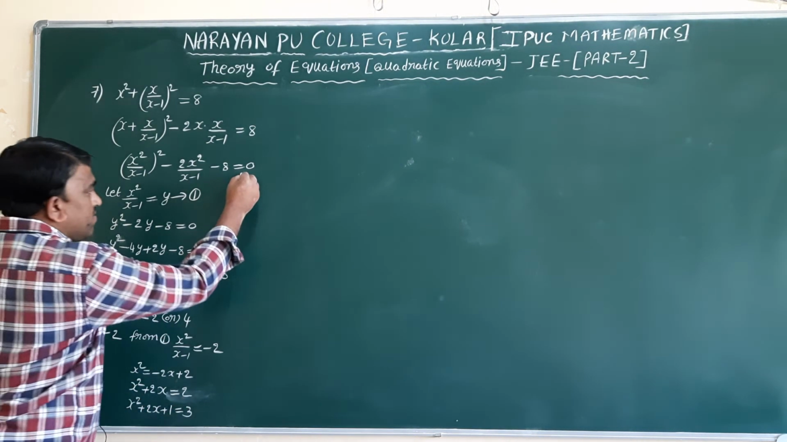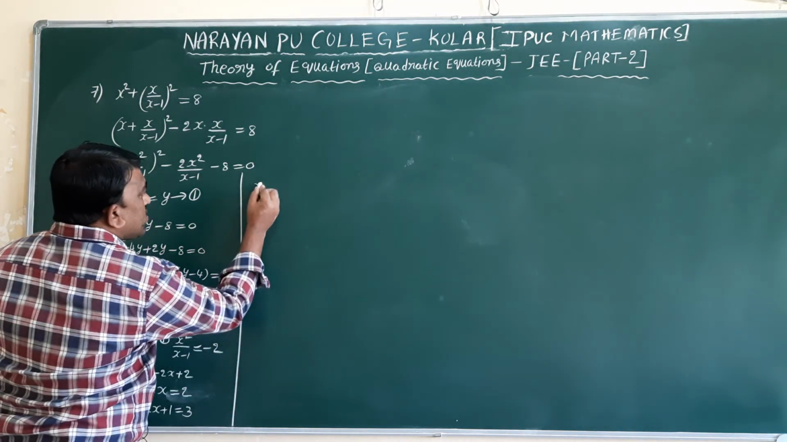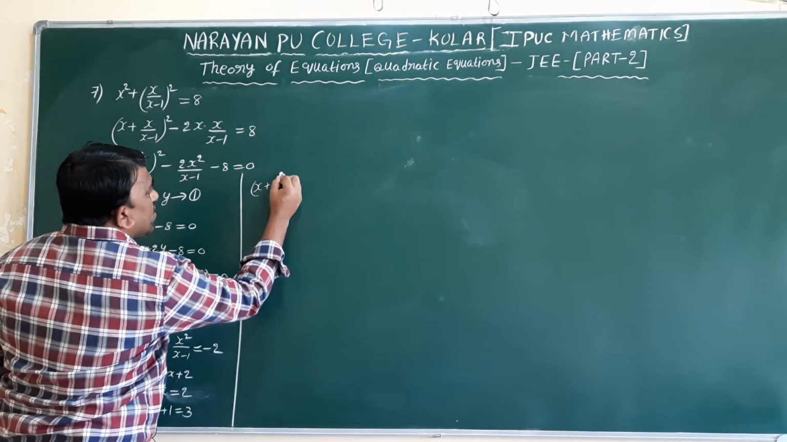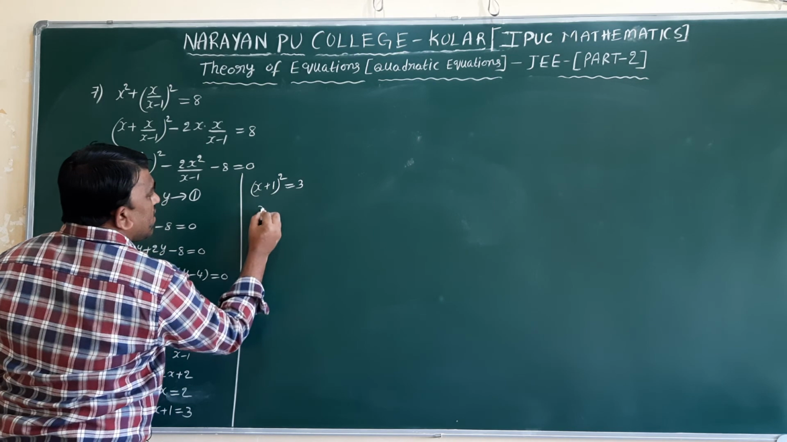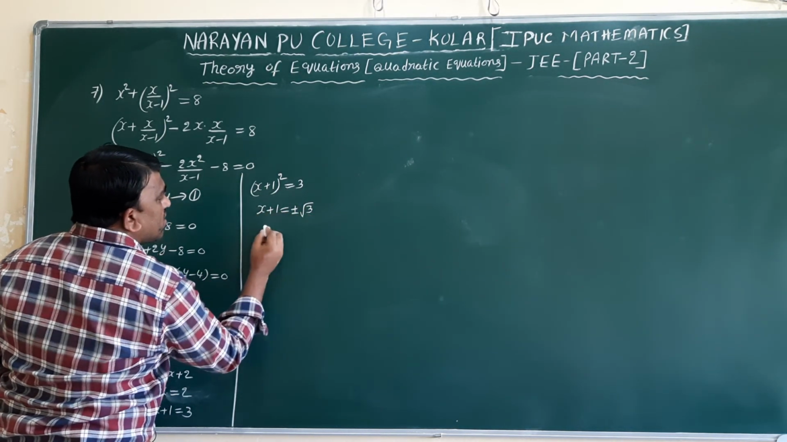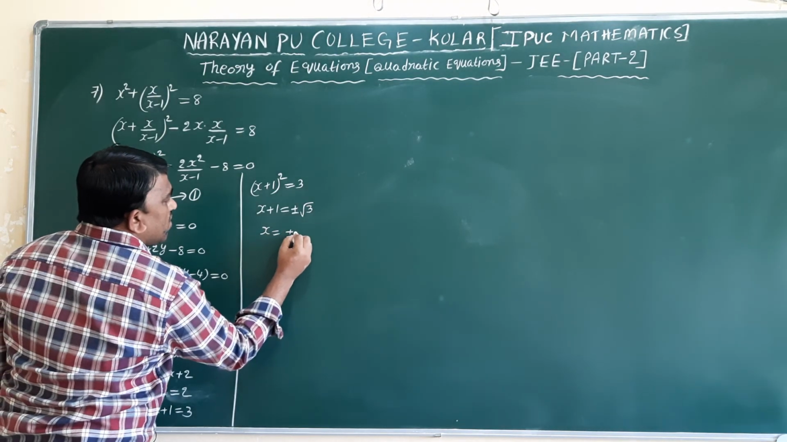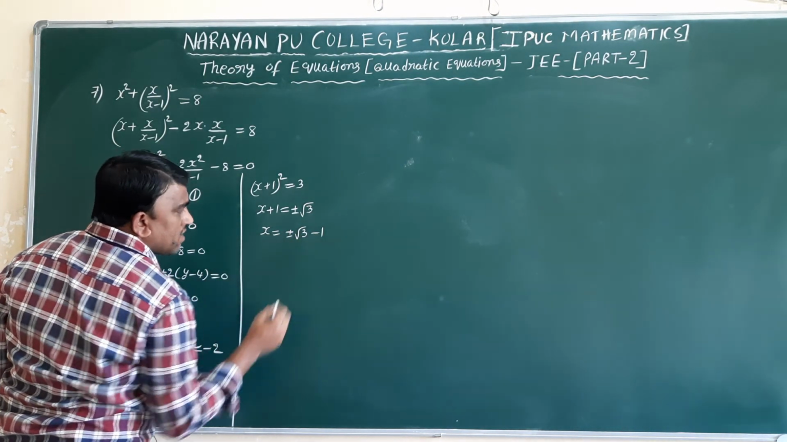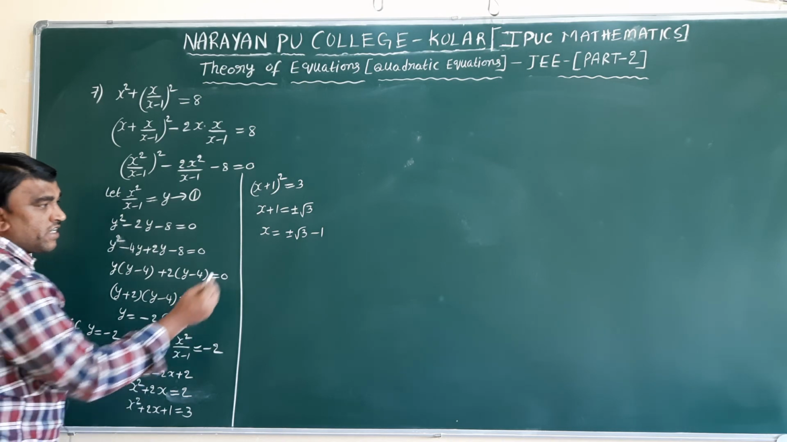Now it is x plus 1 whole square is equal to 3. X plus 1 equal to plus or minus root 3. X equal to plus or minus root 3 minus 1. X value is 2 we got here. Next, if